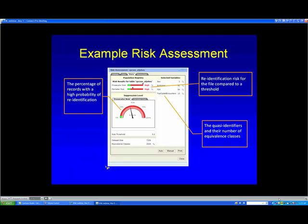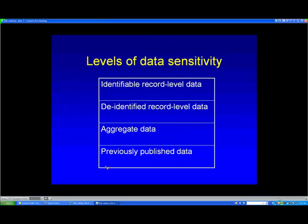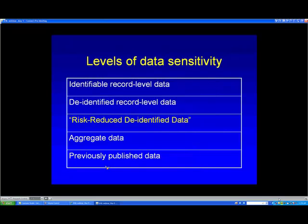And so in doing this, I think we've really created a new type of data. If we think of different levels of data sensitivity, there's identifiable record level data, which is what is housed at ICIS, and even people here at ICIS, there's only a handful who can actually access that sort of data. Then there's de-identified record level data, which would be like the HIPAA data, and then aggregated data like you publish in a paper, etc. And we've created something that we're calling risk-reduced de-identified data, or R2D2, because it really is somewhere in between. It goes beyond the de-identified record level data in terms of its safety, but yet it's more